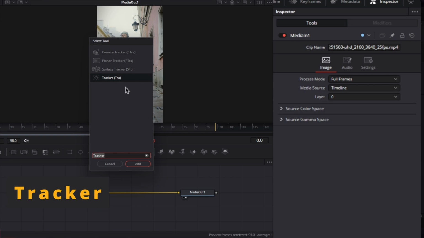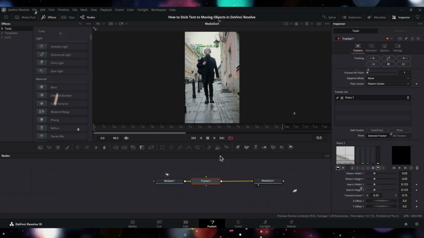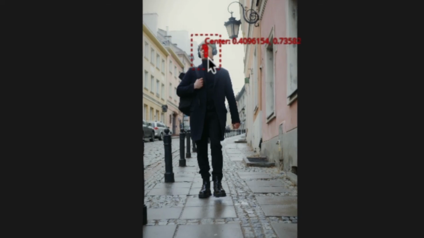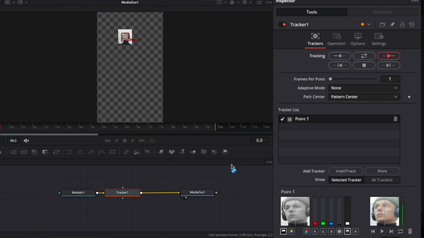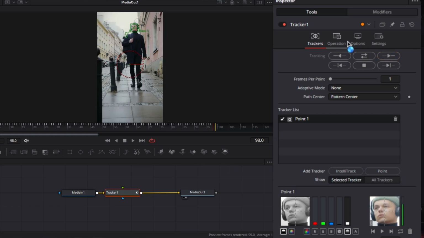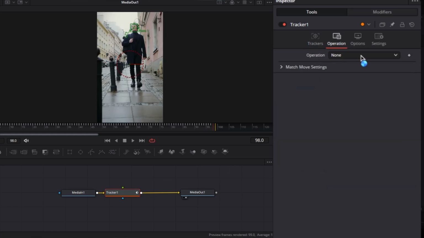Now make sure your tracker node is connected, and then put the tracker box over the object you want to track. And now start tracking. After your tracking is complete, go to the Operation tab, and then change the operation mode to